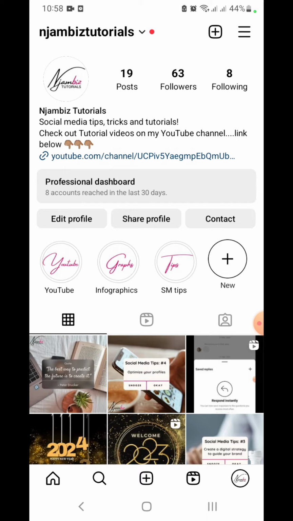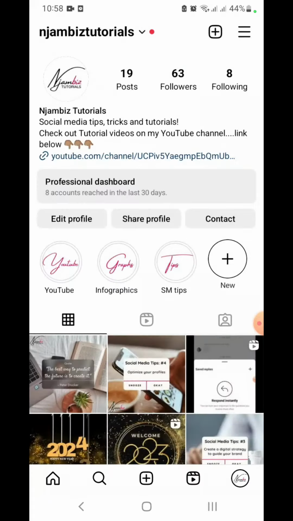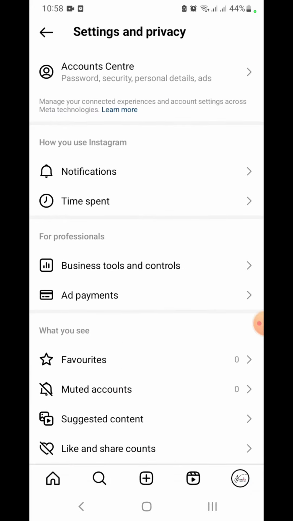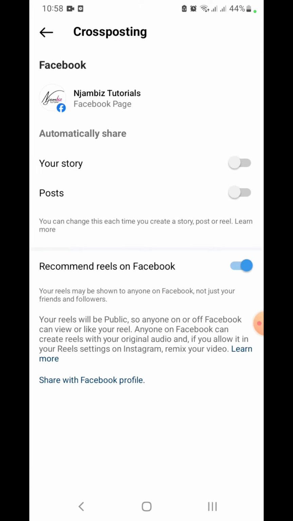At the very top right corner, press on the menu bar. Then navigate to settings and privacy, the very first thing. Then scroll down to business tools for professionals, business tools and controls, and tap on that. Then at the very bottom down here, you'll see cross posting. Click on that and you'll see at the top it's showing my Facebook page is linked for Jambi's Tutorials and